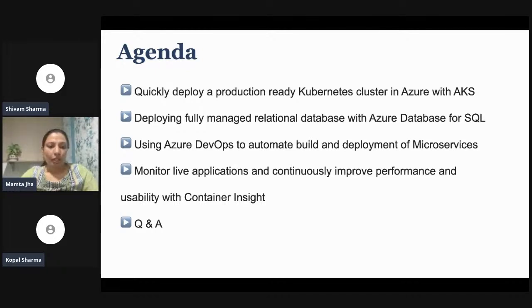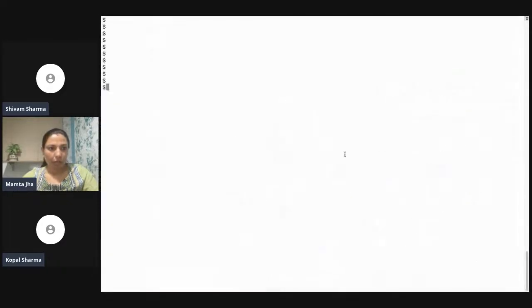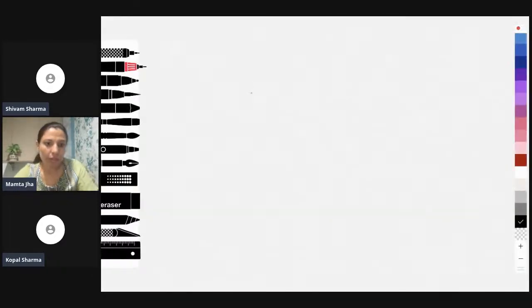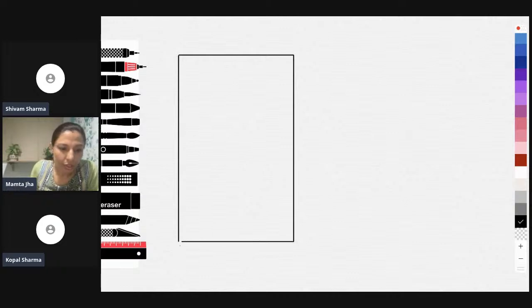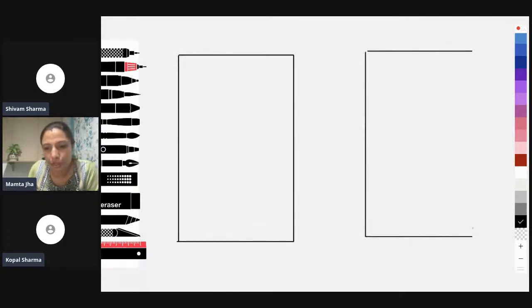So here, let's start today with our session. We would be going ahead and doing a lot of action here. We are planning to have an Azure DevOps account, which we already have, and on the right-hand side, you can consider that as my Azure cloud.